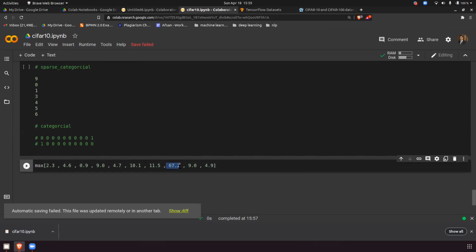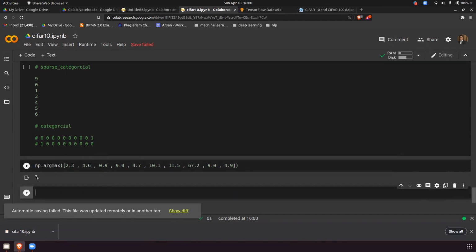So we have something called argmax. When we do np.argmax and put the array in, it will give the index of the maximum value. So 0, 1, 2, 3, 4, 5, 6, 7. 7 is the index value, so you're getting 7 as the output. Now it's clear?